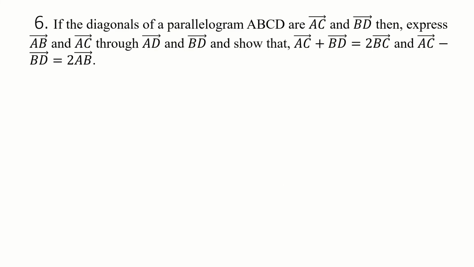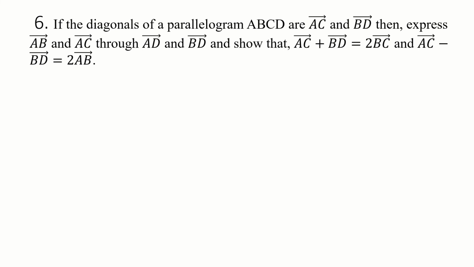Number 6 question in your book, exercise 12. If the diagonals of a parallelogram ABCD are AC vector and BD vector, then express AB vector and AC vector through AD vector and BD vector. That means you have to convert AB vector, the right side will be in terms of AD vector and BD vector. Also you have to express AC vector in terms of AD vector and BD vector on the right side,